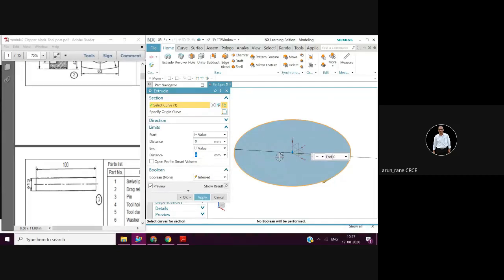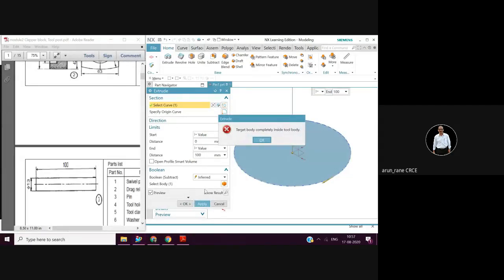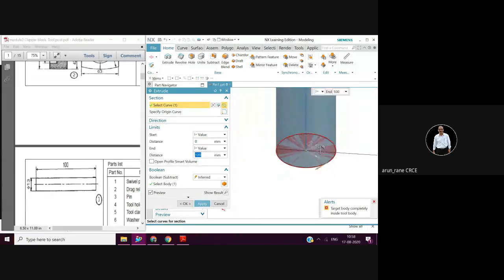So this face is our 0. Then end, again it is given in terms of value, and then distance is 100. Then you say apply, and then you say okay. Target body completely inside the tool body. You say okay.